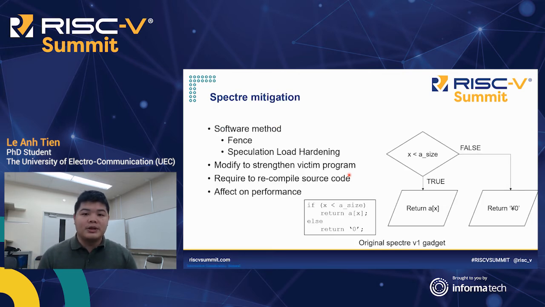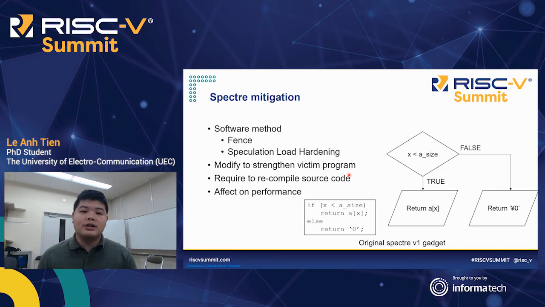Since Spectre has been discovered, many researchers have tried to defend against it. Most of them approach it by changing the hardware configuration of the processor. However, it is very challenging and hard to work with. So in this presentation, I will implement some straightforward software-based methods on the victim program, running it on the RISC-V processor, to defend against the Spectre attack.